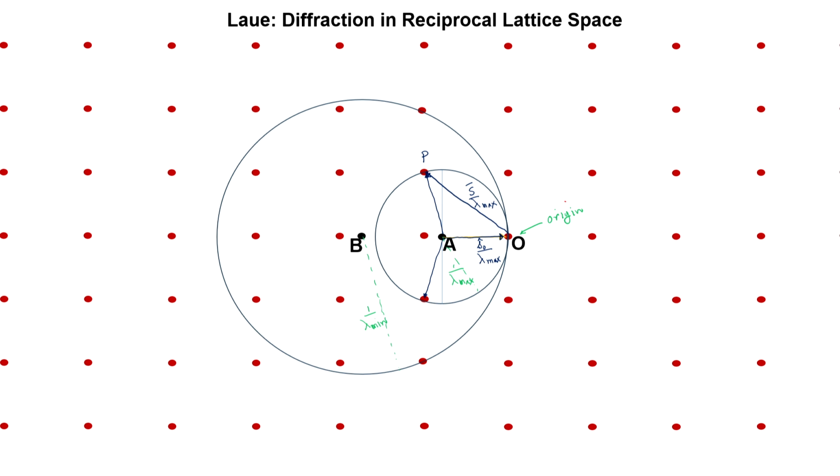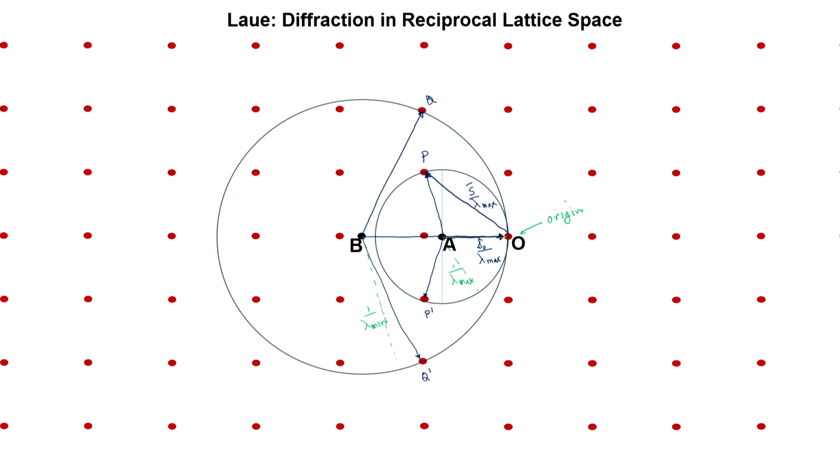Similarly, if I look at the larger sphere, my incident beam direction is the same, obviously. I will have a scattered beam out here, let us call this point Q, another scattered beam out here, call this point Q prime, and similarly I should also call this point P prime. So, I have scattered beams on the larger sphere.